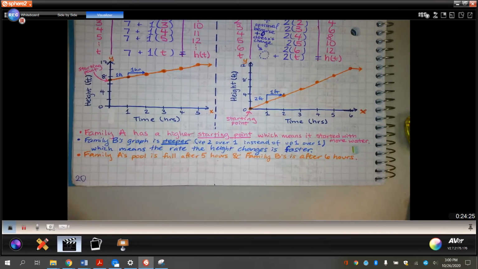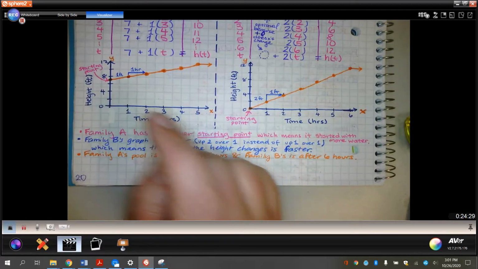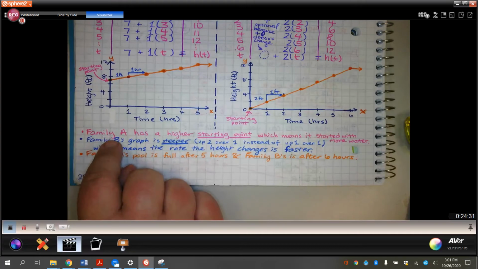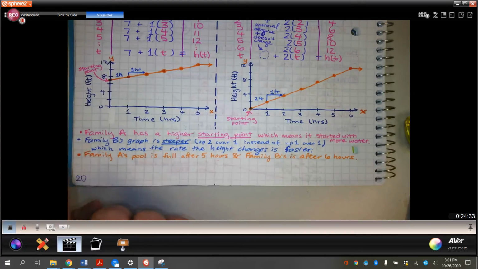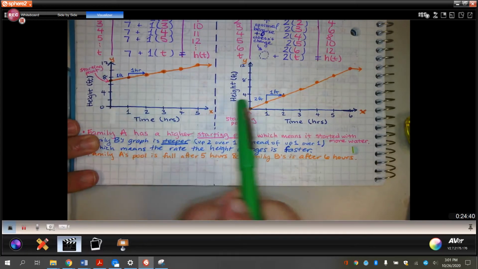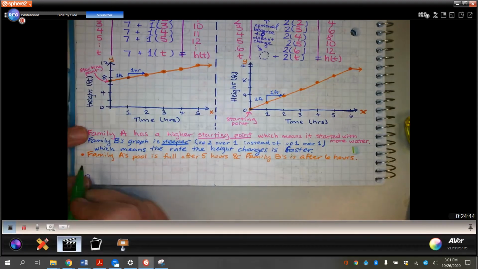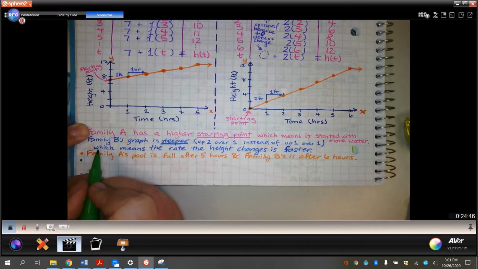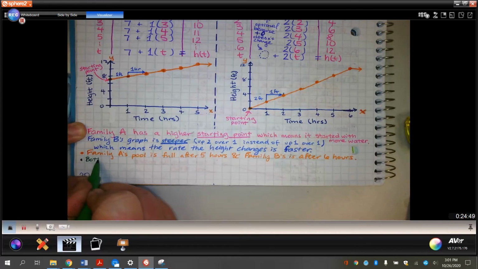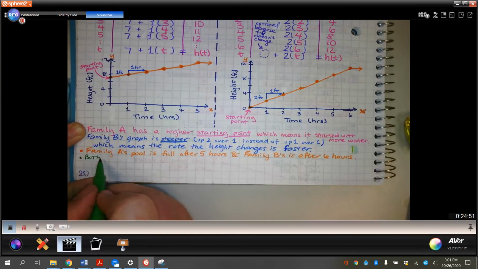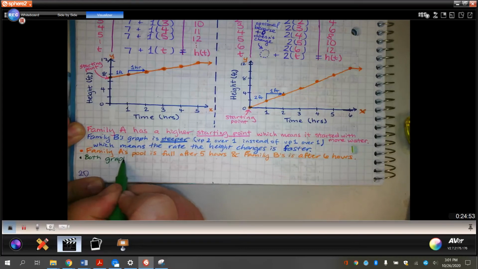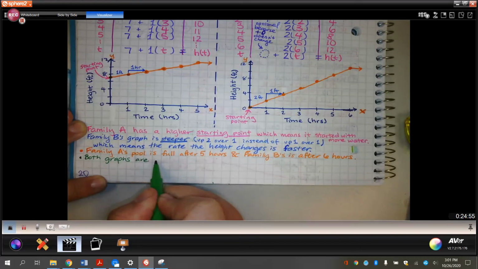Then if we look at these, if we talked about starting point, steepness, and now I want to talk about rising or falling. So now, if you looked, we've already kind of looked at this from left to right. If you were to walk along it, you would be going uphill, which would make these both rising. So both graphs are rising